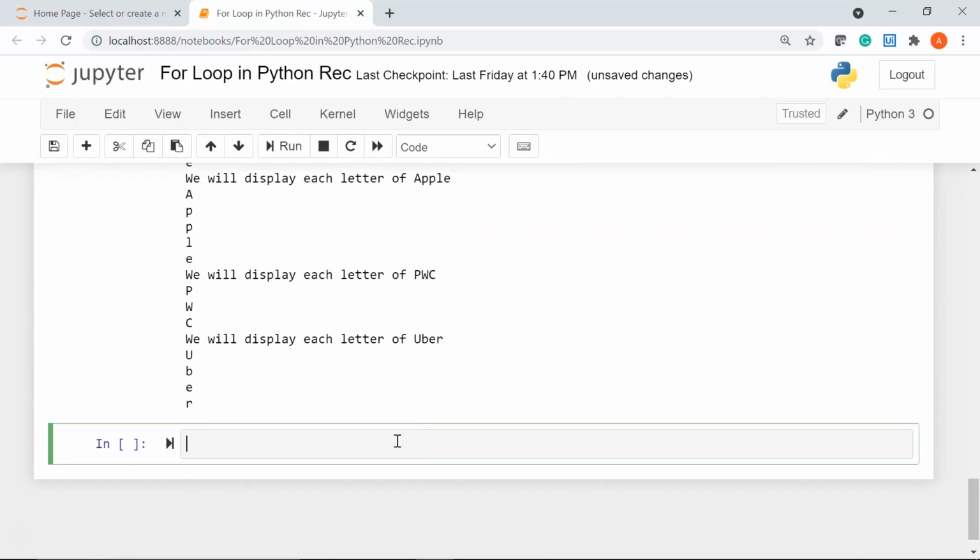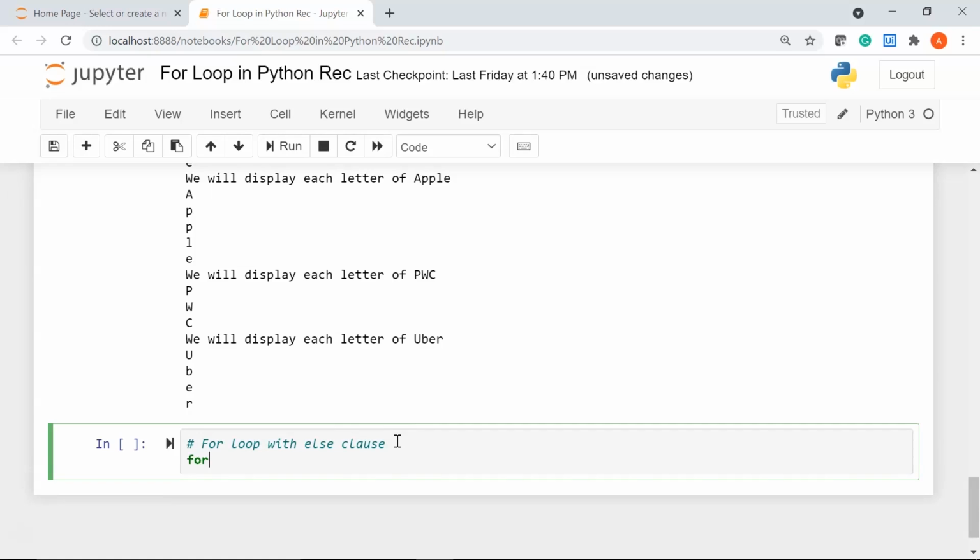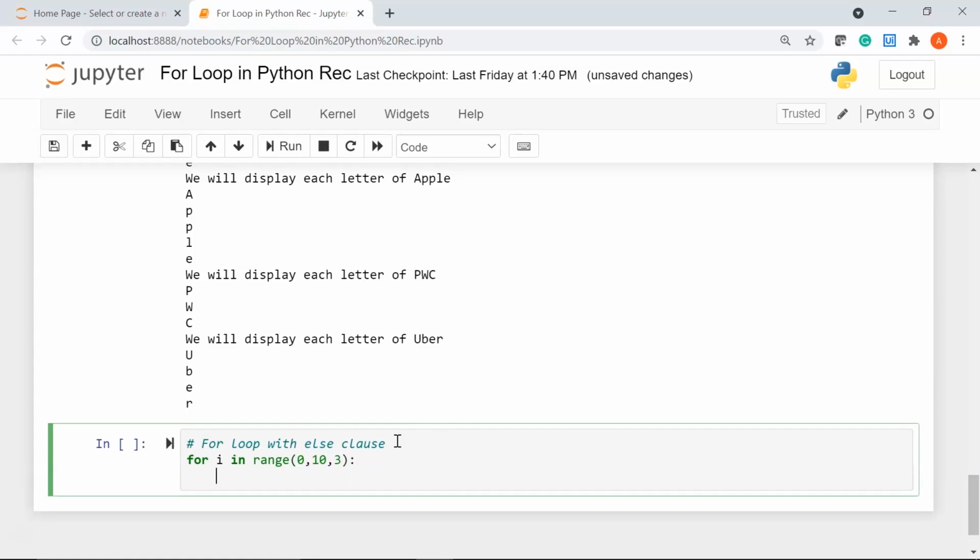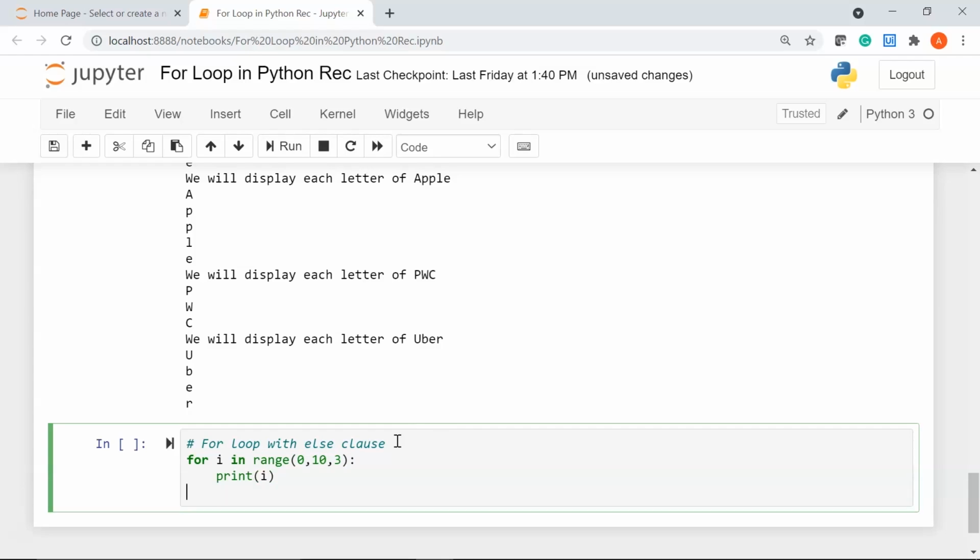Now let's see how you can use a for loop with else clause. So I'll give a comment for loop with else clause. So I'll write for i in range 0, 10, I'll give a step size of 3. I'll say print i, and after this Python gives you the flexibility to use an else clause after the for loop.